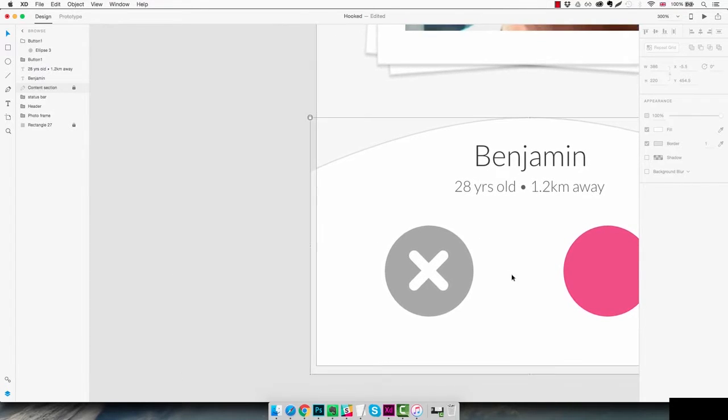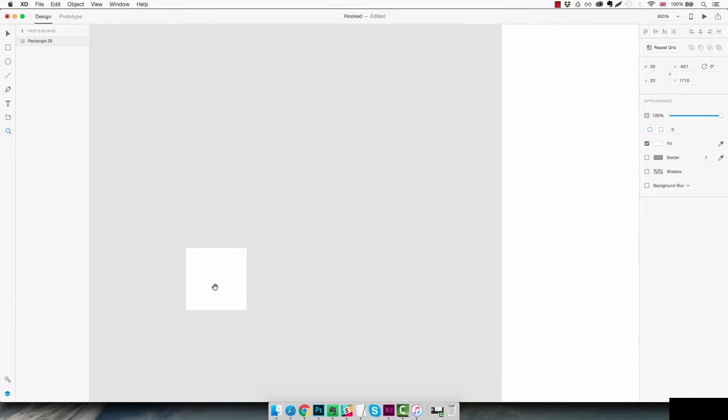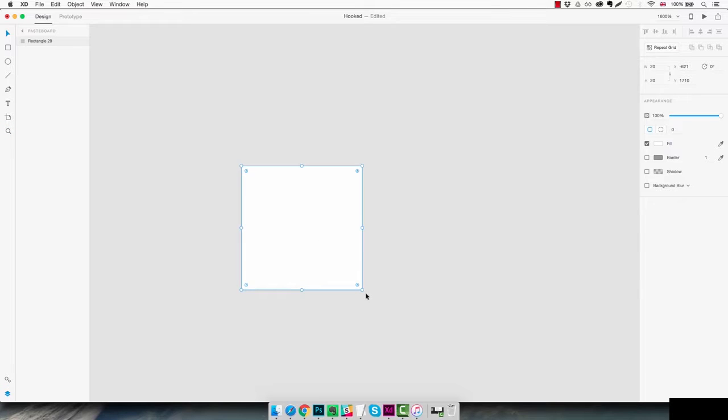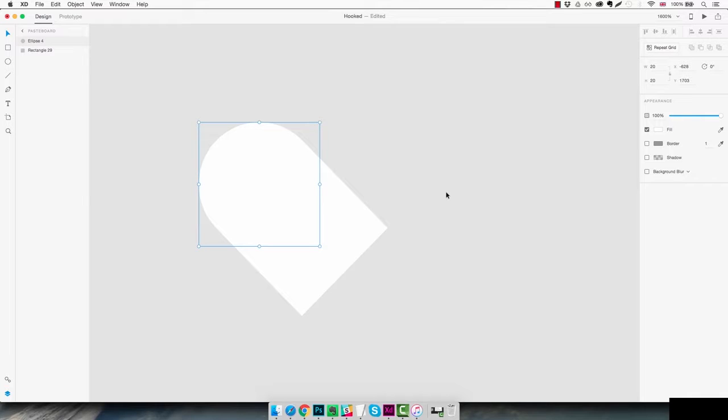So we go back outside of our artboard and we're going to create a rectangle, actually a square, using the rectangle tool. 20 pixel, something like this. We remove the border and zoom a little bit. So now we rotate the square by 45 degrees again. And now we're going to select the ellipse tool and create a perfect circle, 20 pixel diameter. Remove the border and move this exactly here, like this. And then duplicate it, Command D, and drag it to the right side to form a nice little heart,